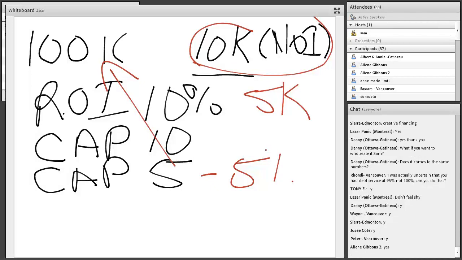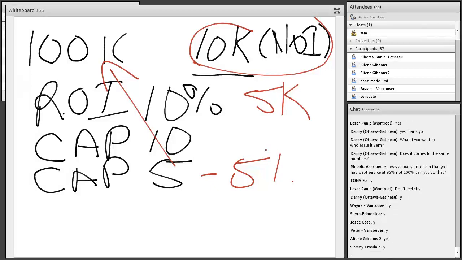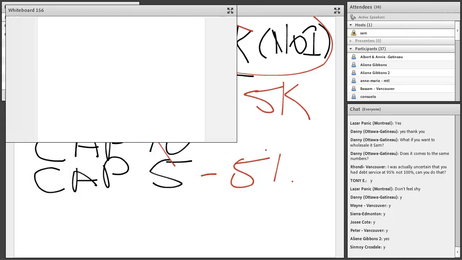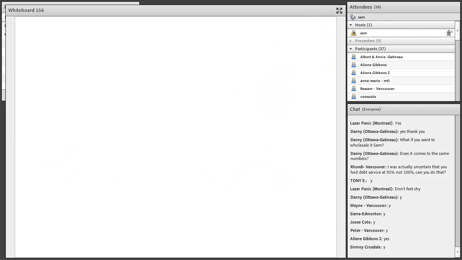So, why this is important to get a 10 cap rate is because when we look at, just getting a new whiteboard. Actually, let's do this. Okay, there we go. Okay, so why is that important? That's important because when you look at creative financing,